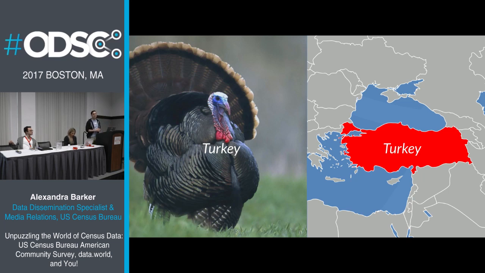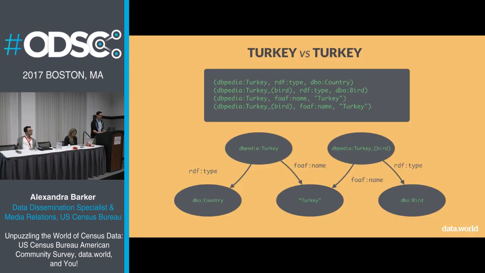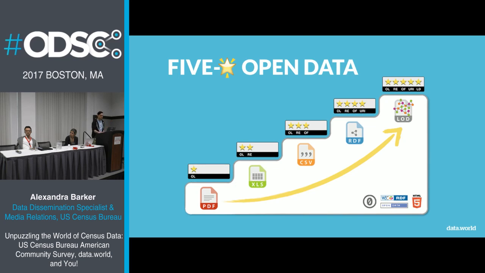And it's true that you can pattern match on that format of data, but there is no inherent knowledge. There is no inherent understanding of what that concept even means. So with semantic technologies, you can resolve those pretty easily. There are two resources at DBpedia, one called Turkey and one called Turkey_bird. They both have the same name, but they're different types. They're completely different concepts, and they both have independent URIs as well.